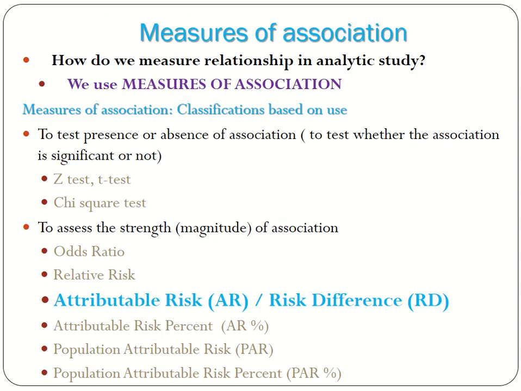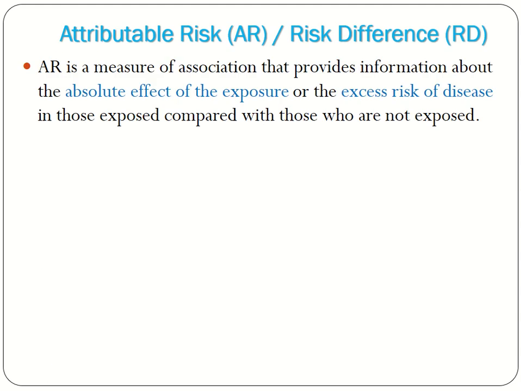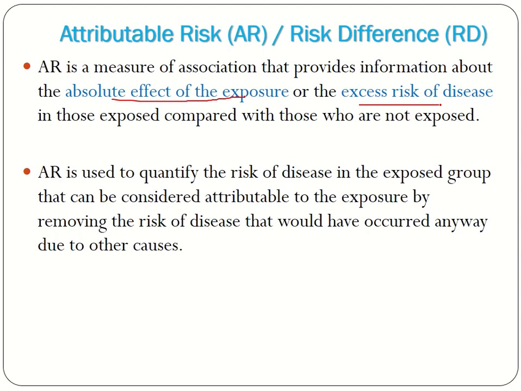So let's see the third type of magnitude of association measure የምናደርግበት tool, which is attributable risk or risk difference. In this case what we're doing is what's the absolute effect of the exposure on the population, ወይም the excess risk of disease. በቃ absolute effect of the exposure ወይም the excess risk of disease ኤክስፖዝ ከሆኑት እና ካልሆኑት መካከል ያለው ምን ይመስላል የሚለው ነው የሚያይልን ማለት ነው።